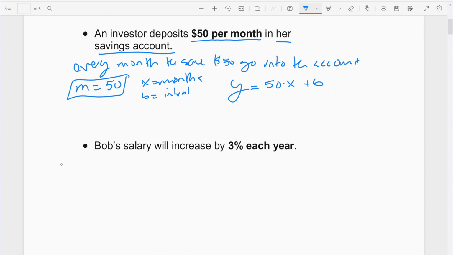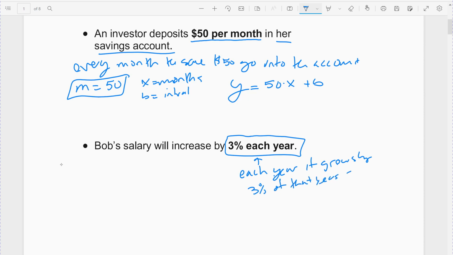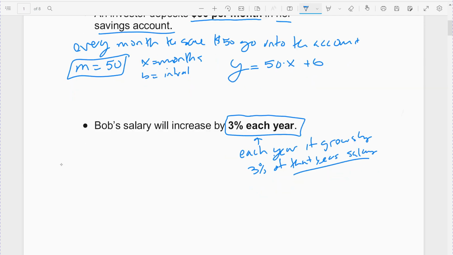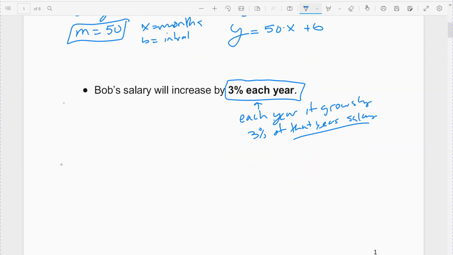Exponential means it's growing by a percentage of your value for that time period. An example: Bob's salary increases by 3% every year. Meaning every year, it grows by 3% of that year's salary. And again, that's important. So I'm going to do an example of this. Suppose that his salary started out